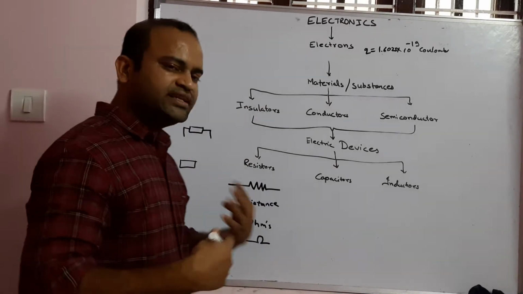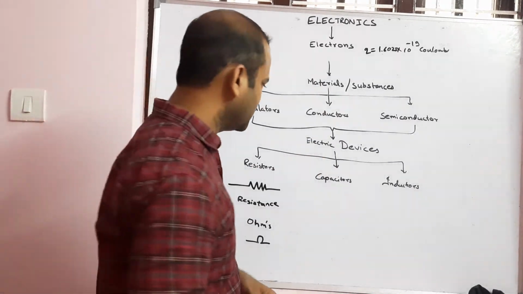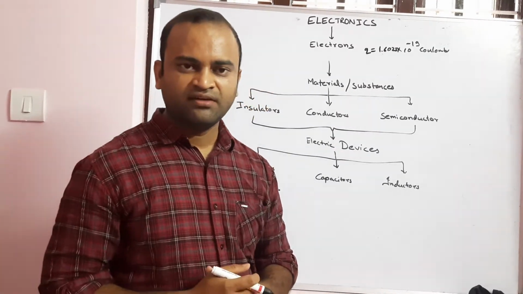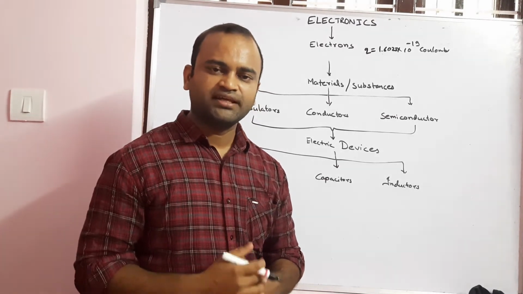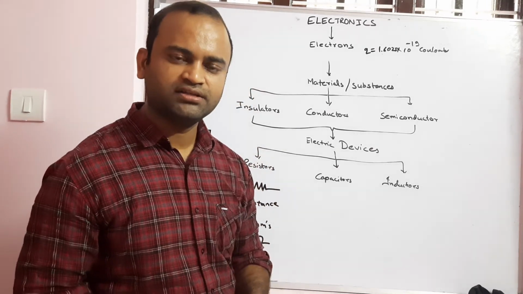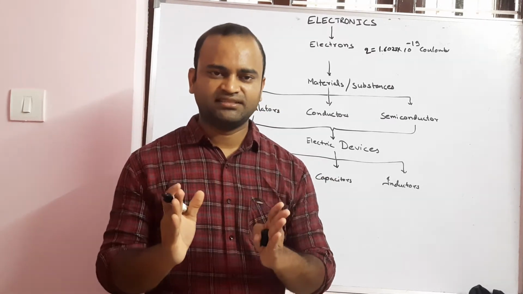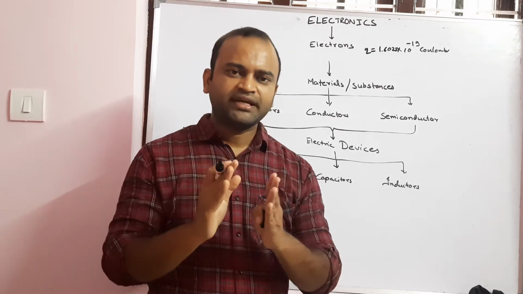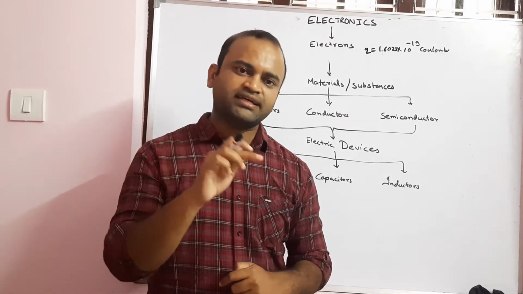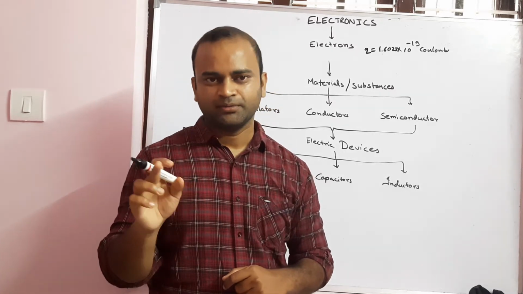The next category of electric devices mostly used in electronics design are capacitors. Capacitors are electronic devices which store energy in the form of electric charge, and the construction is usually two metallic plates separated at a distance by an insulator or dielectric material which does not allow the current or electric charge to pass directly from one plate to another,